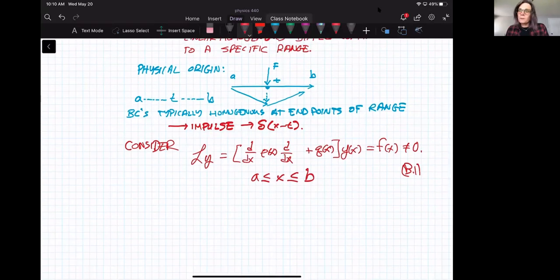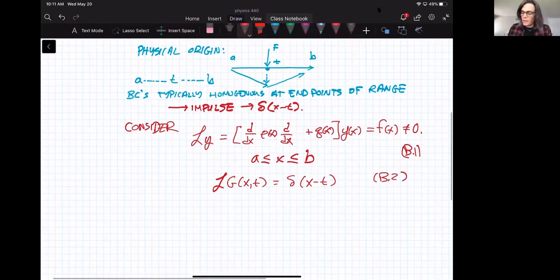What I proposed last time is that this operator acting on a function that we'll call g as a function of x and t is equal to the delta function x minus t. And given that, what that means is that the particular solution for y of x is the integral from a to b of whatever this function is times